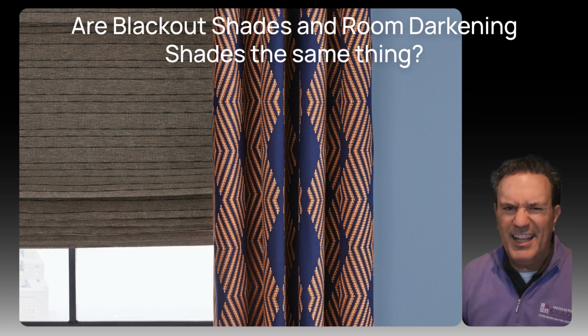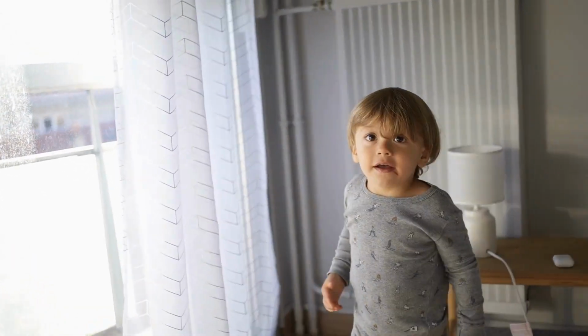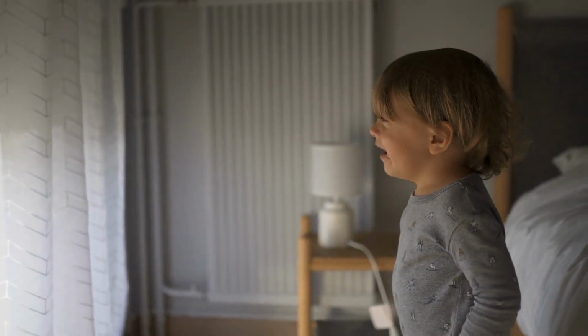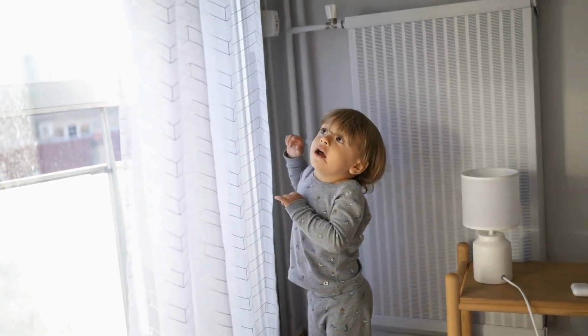Number 2, are blackout shades and room darkening shades the same thing? Nope. This is where marketing lingo can get a little shady, pun intended. Room darkening shades reduce most of the light, but they won't give you a pitch black room. Think of them like dimmable lights, great for making a space cozier, but not necessarily for deep sleep or complete